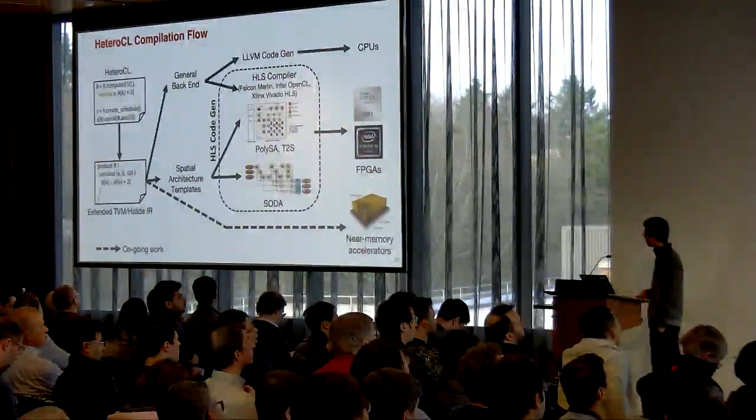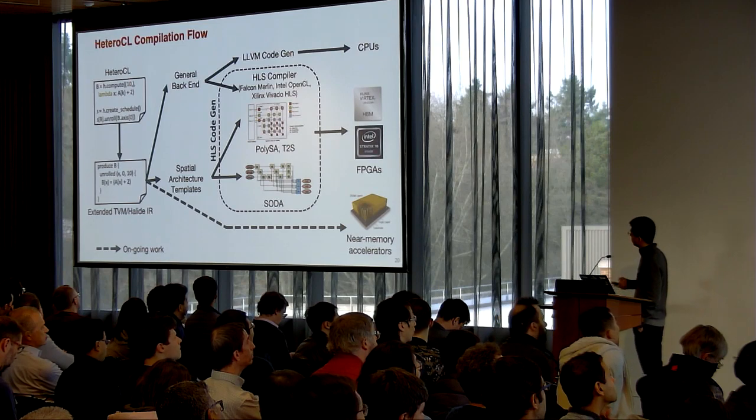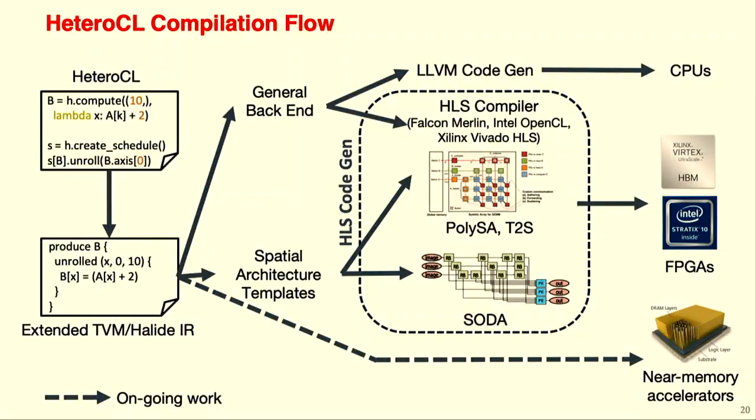This is the compilation framework that we have right now. We start from HeteroCL, lower to Halide IR, and go through some of the backends I mentioned, like SODA for stencil, and PolySA for polyhedral analysis-based C synthesizable code generation. We are also leveraging commercial HLS tools, like Vivado HLS for Xilinx, and Intel has HLS as well, C-based and also OpenCL-based. We can also target the compiler called Merlin from a startup company,